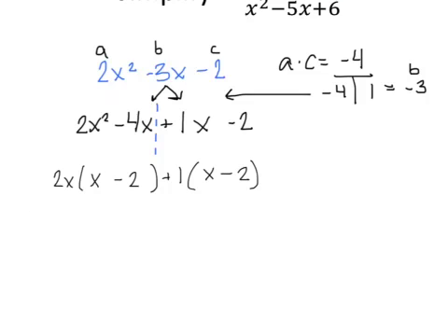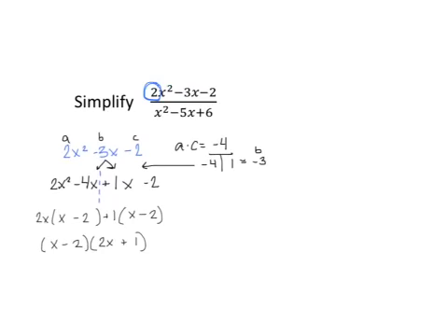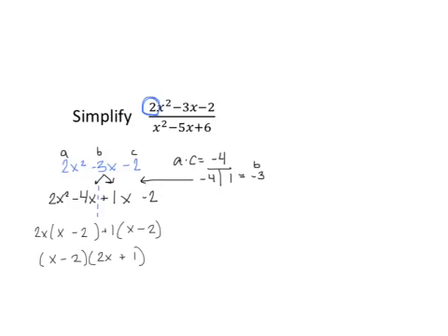All right, so what are our factors? X minus 2 and what's left? 2x plus 1. All right, whew. All that just to factor the top. All right, so this equals, on top we have x minus 2 times 2x plus 1